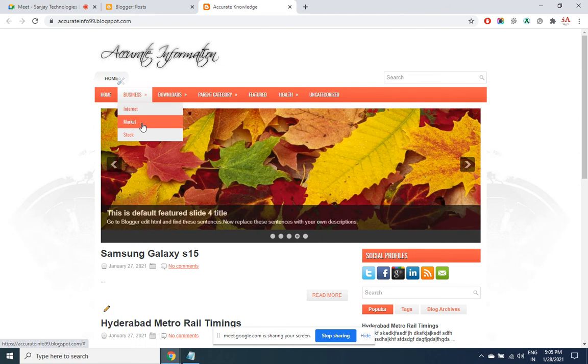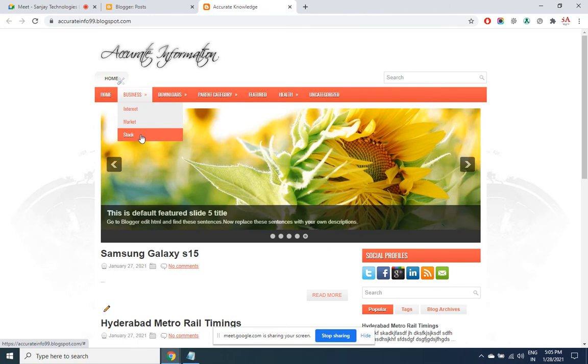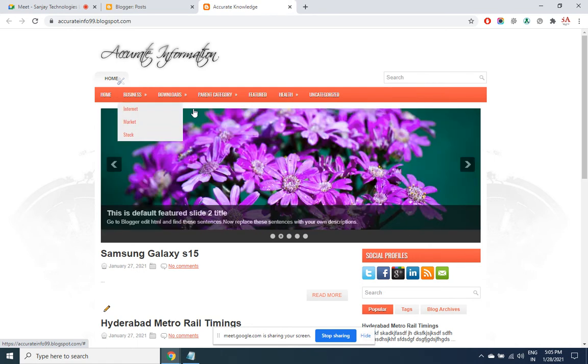Samsung, Sony, let's say Apple, and then Xiaomi. Not 3, I want to show 4. And when someone places the mouse over Samsung, all the models have to be shown on the right side. So my requirement is menu, submenu as well as sub-submenu. Now somewhere the code is written for this menu. That's the reason why it is appearing here. Find out where it is.